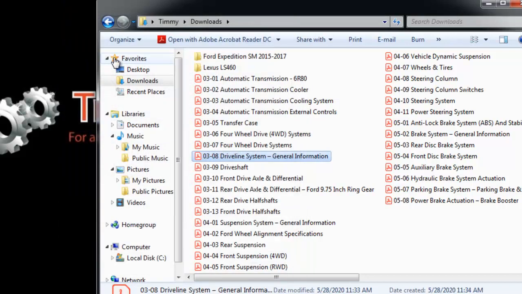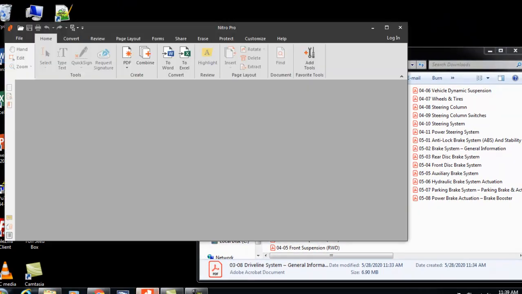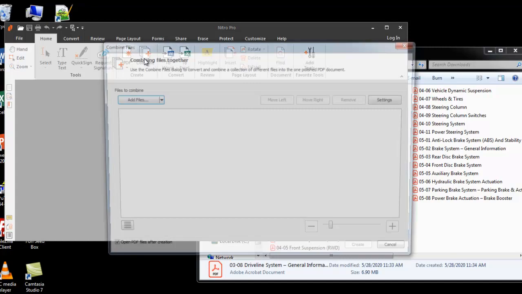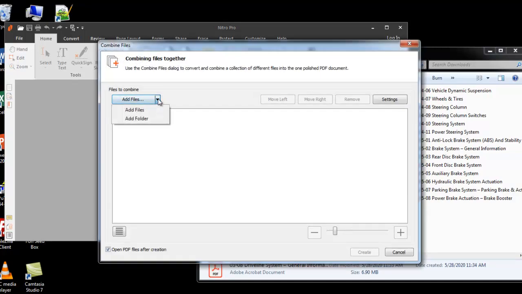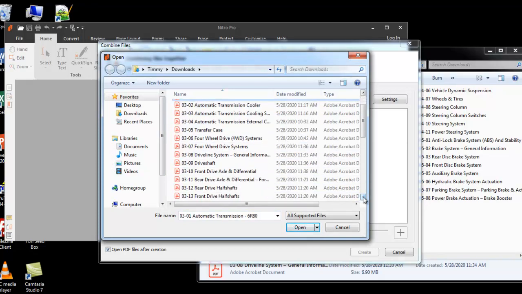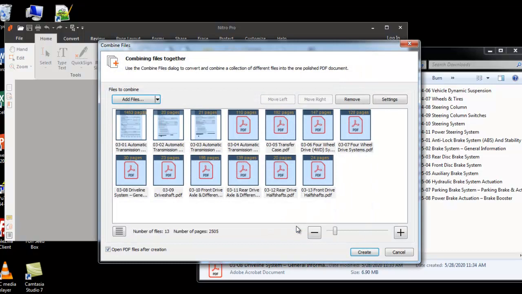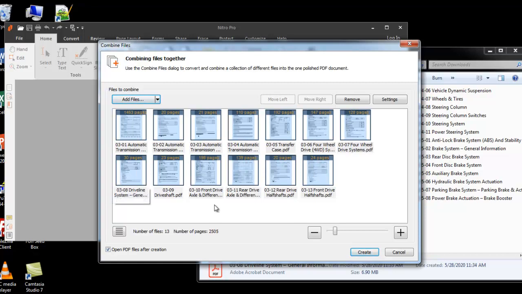Now let's go back and try to merge our files again. Now there may be more than one file in here that has an issue, so we're going to take a look. So I'm going to do my 3 section, my transmission section. Open it up. As you recall, last time it stalled on, I believe it was number 7 or number 8. Going to hit create,